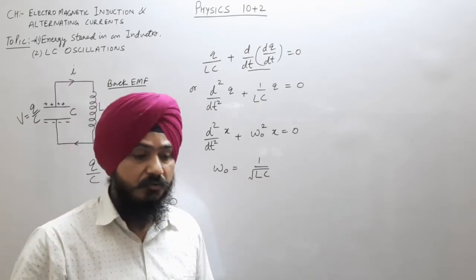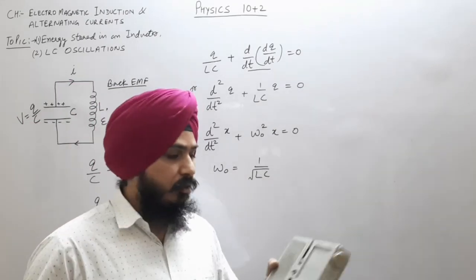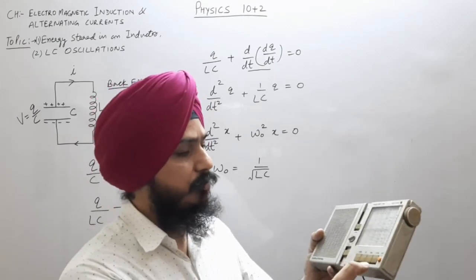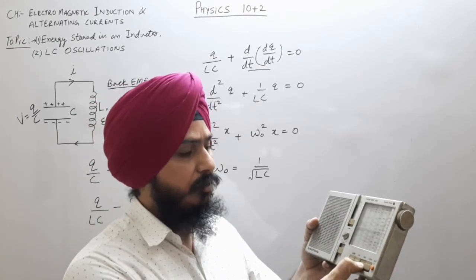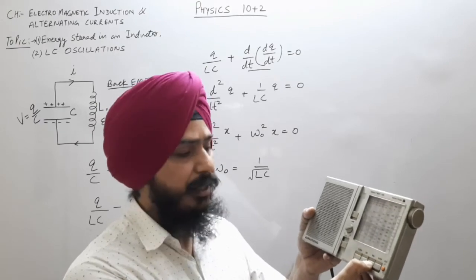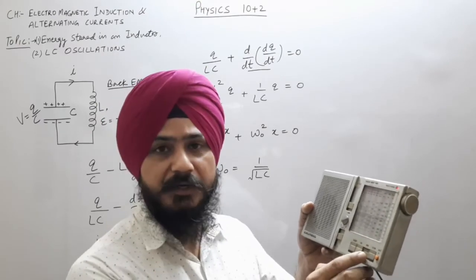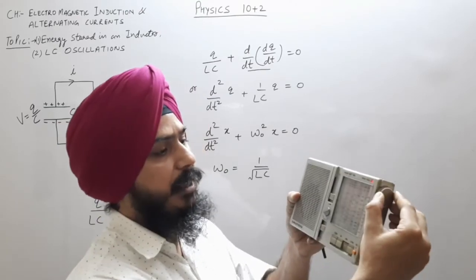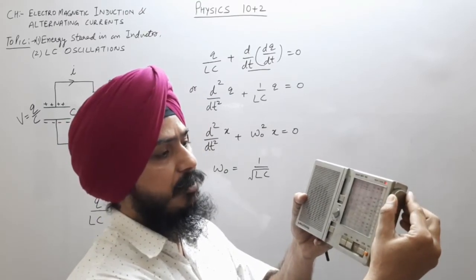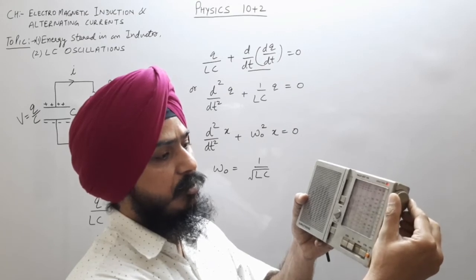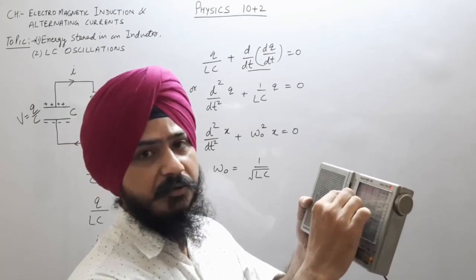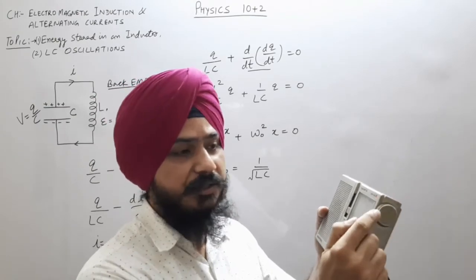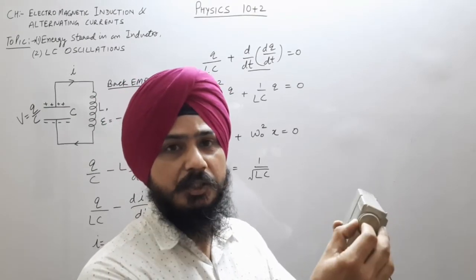As you know, we tune a radio. I have a radio with me, and what we usually do is select a band which we want to operate. So I have selected the medium band. Here is a tuner, and I rotate it. So here it selected the frequency and we can hear songs. So actually what is this? This is a tuning knob.